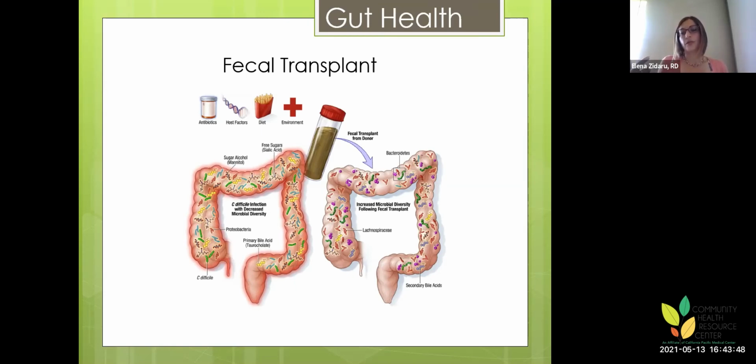It's worked pretty well to basically transfer the feces from a healthy individual to this sick person to really help with that person's microbiome, to clear the infection and improve the health of